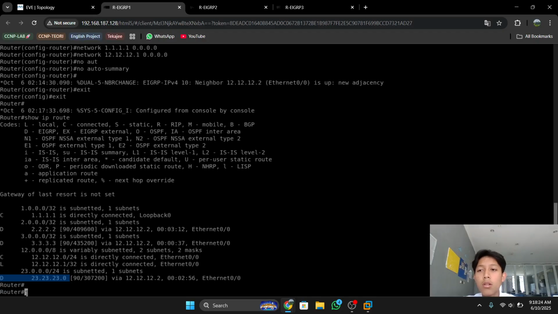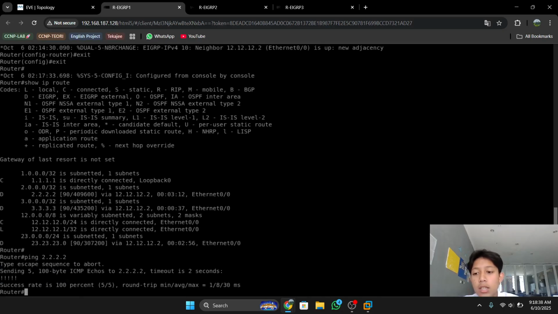And for verification, you can do ping. You can ping the loopback of router 2, for example 2.2.2.2, and here you can see the success rate is 100%. It means your routers are connected and your configuration is successful.